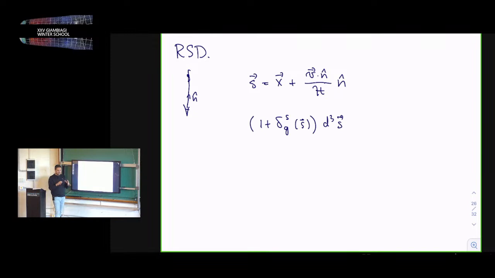So the total density of galaxies in some volume is preserved by this mapping. And so this is equal to 1 plus delta_g of x, d^3x. And so now you see that if you know this Jacobian of this mapping,